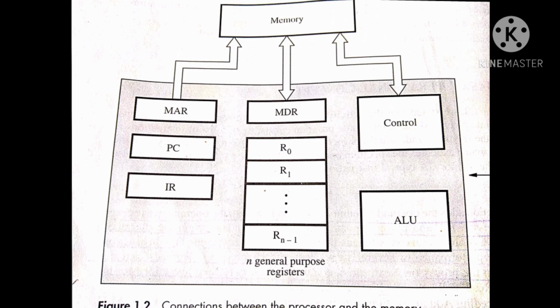This is the memory data register. What does it do? It performs the decide operation. How does it perform the decide operation? By taking the operator signal from the ALU. Understood? Then A equal to B plus C. Then where will the result be stored? The result will be stored in the memory. Here the register that is used is the MDR.